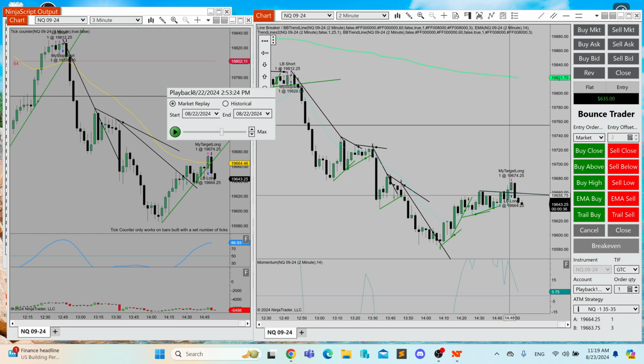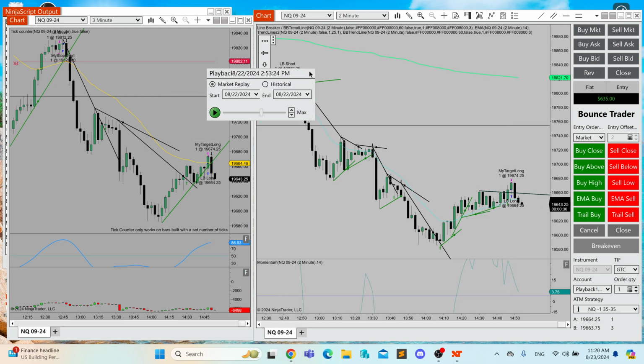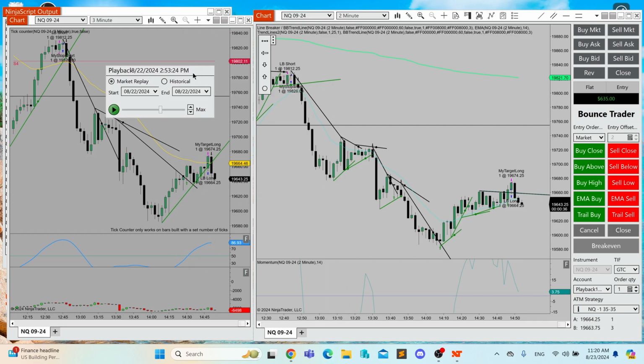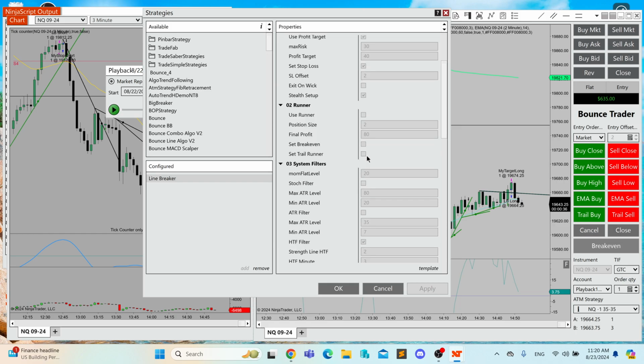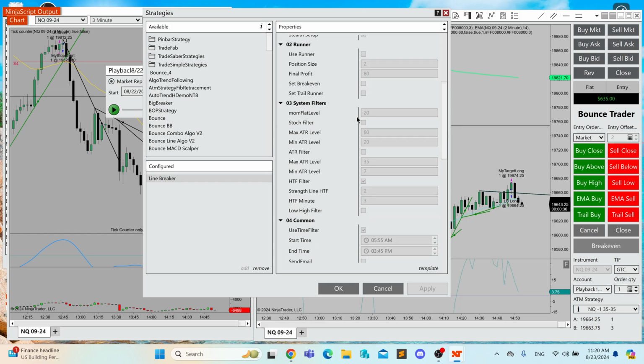Okay, see, so this was a break to the long, and we had a long trend line here. So that's one way to filter out your trades. Another way to filter out your trades is by having the system filters like momentum flat level, which means